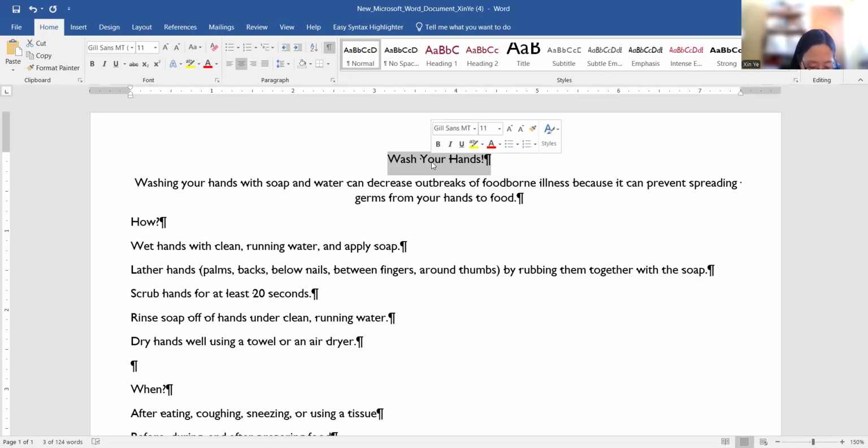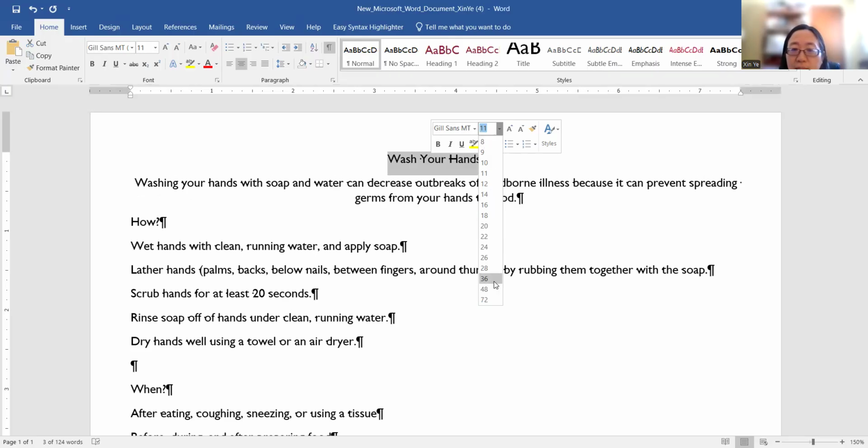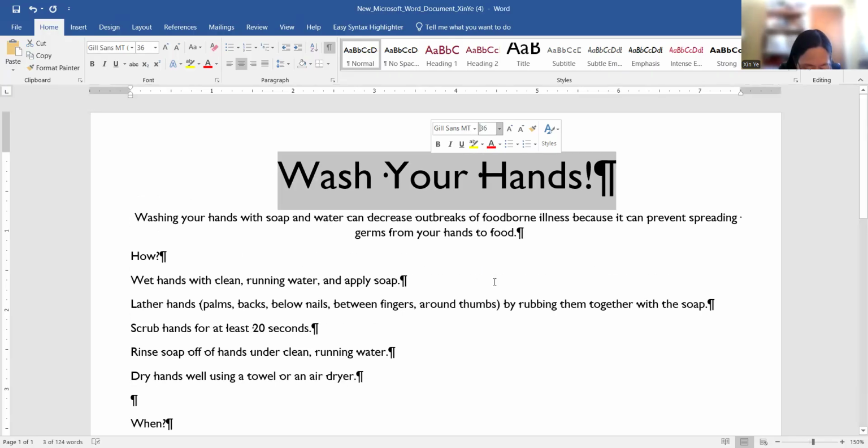So you want to make the wash your hands, select it. You can change the size. So right now, when I select it, I have this pop-up menu. This pop-up menu is exactly same as top one. So you can change the font right here or right on the pop-up menu, exactly same. They are exact same. So I'm going to change the size to 36 and I'm going to change the font